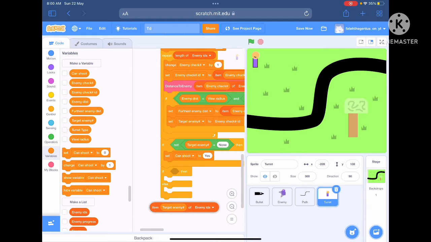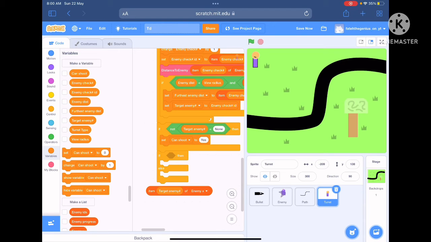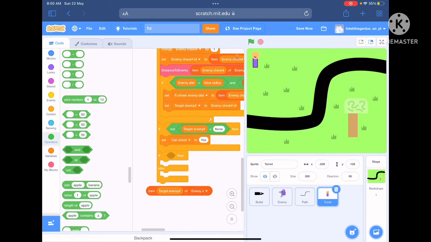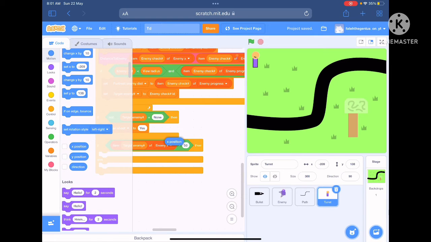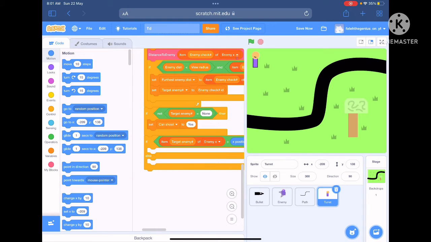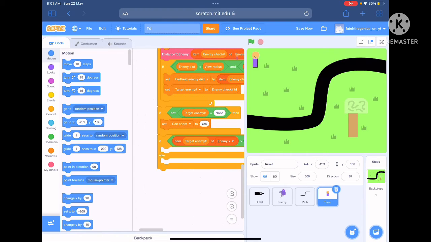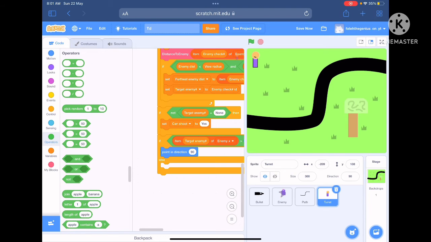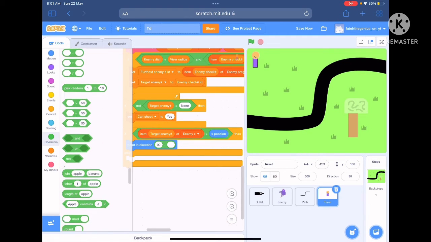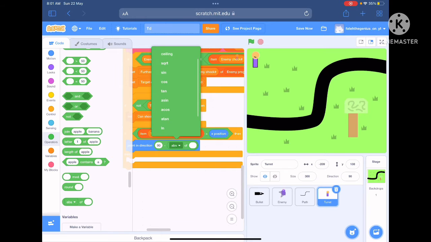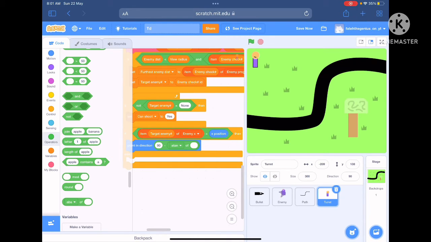Oh, item target hash of enemy X more than the X position, then we'll point in direction 90 plus 90 minus the A10, where is A10? A10 of